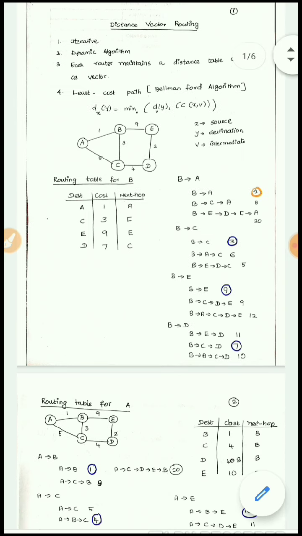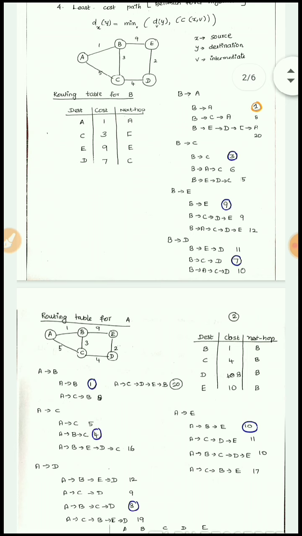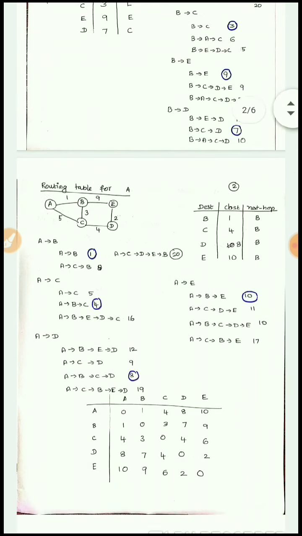First write down all possible paths between the source and destination. Then pick the minimum path. If the minimum path occurs in more than one way, you have to go for identifying how many hops have been taken for that path. Minimum hops will be considered to update your routing table. So write the routing table for A, B, C, D and E for all the routers in the network.